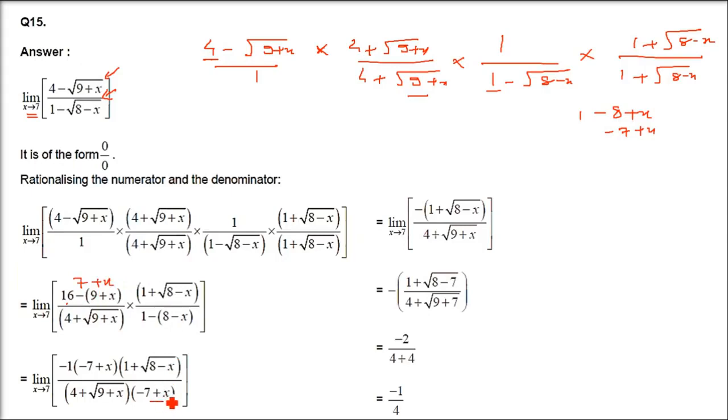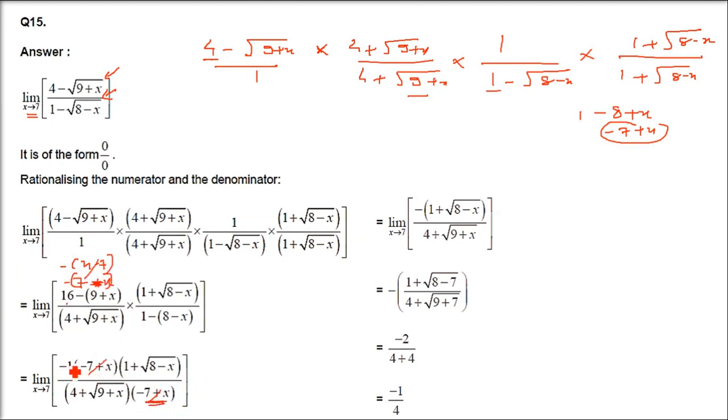So you can take a negative common, and then you can cancel out this x minus 7. Numerator and denominator can be cancelled out. So I am taking negative common from here. Either you can take negative from the denominator or numerator, it doesn't matter because it will be the same. Negative has to come. So I am taking negative common, x minus 7 will be there. x minus 7 can be cancelled. So you have minus 1 remaining.